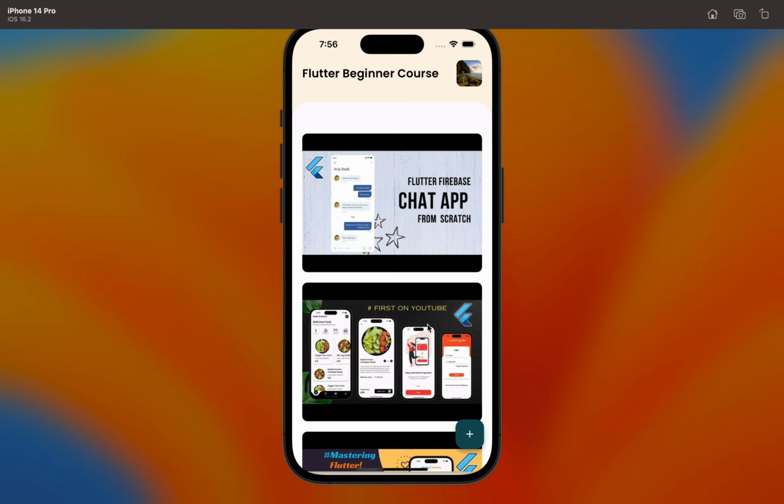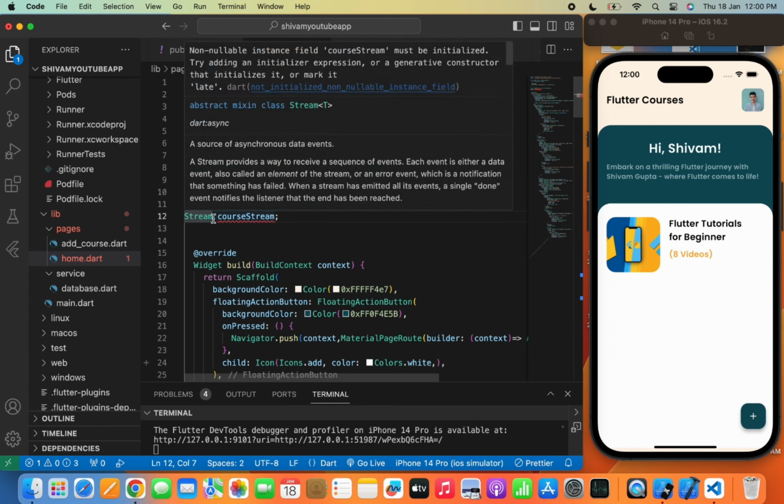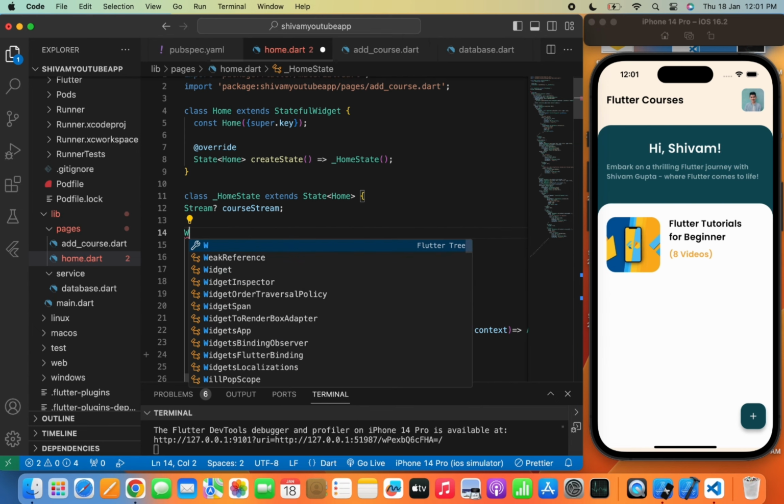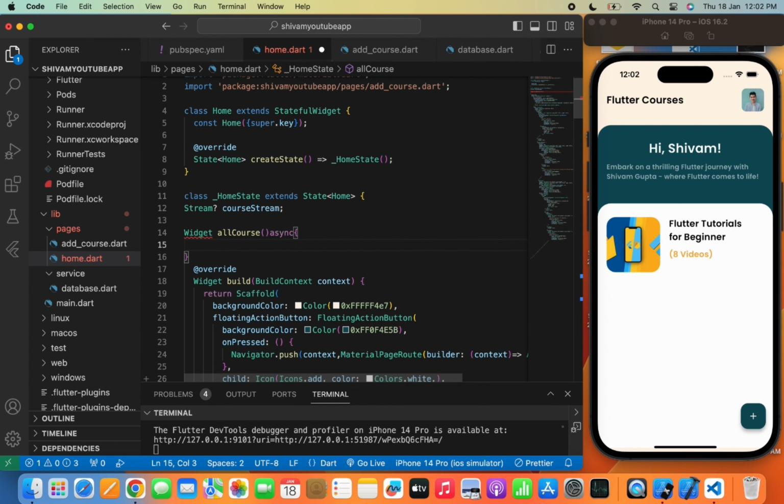Now let's move to the code. Now let's move to the home page, and here we'll show all the courses that we have just uploaded in our last video. So we'll show a course collection here by using a stream builder. Let's move to the home.dart file and we'll write a stream and name it course stream. Now we'll create a function named all course so that we can show all the courses that have been uploaded in the Firestore database. So we'll create a widget all courses here and return a stream builder, and in the builder we'll pass